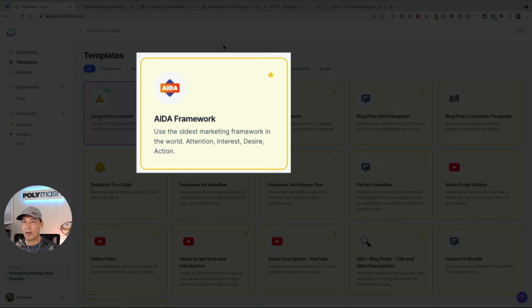That's the oldest marketing framework in the world. AIDA stands for Attention, Interest, Desire, and Action. And we use this all the time to create ads, to create copy, to create intros. It's really a pretty good framework for copywriting, which is that you first grab the audience's attention through a question or something that grabs them. Then you build some interest and desire to follow through with your call to action. And your call to action could be listen to the rest of this episode, watch the video, or subscribe to my YouTube channel. So any business might have a call to action that's appropriate to its strategy.